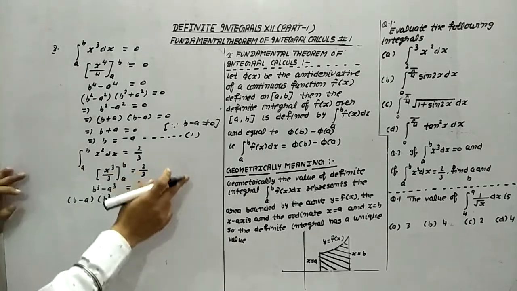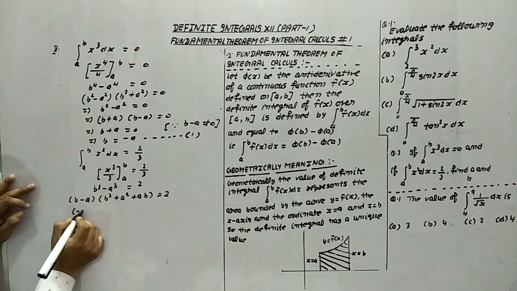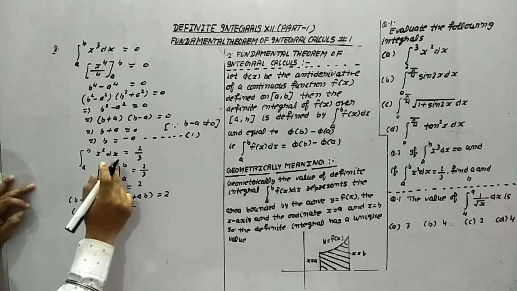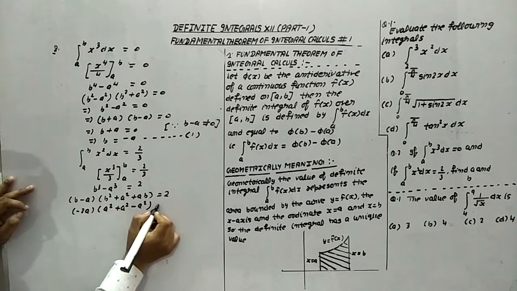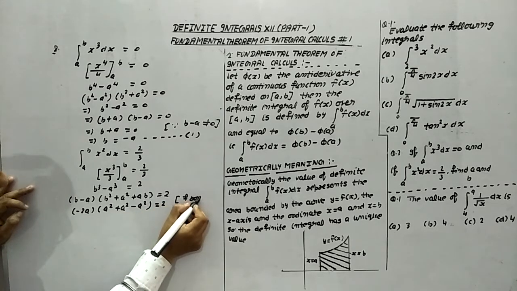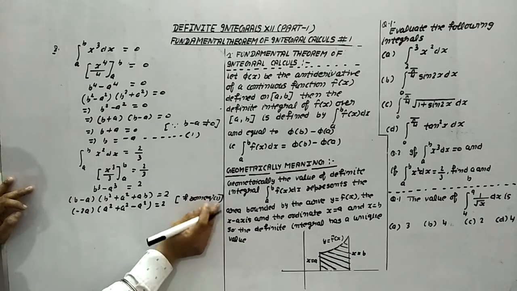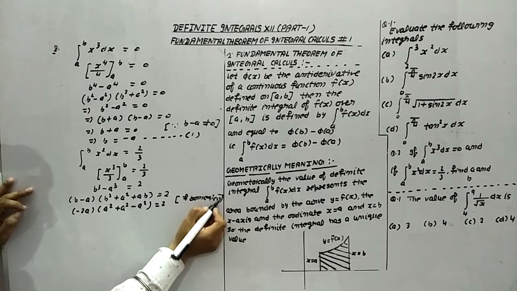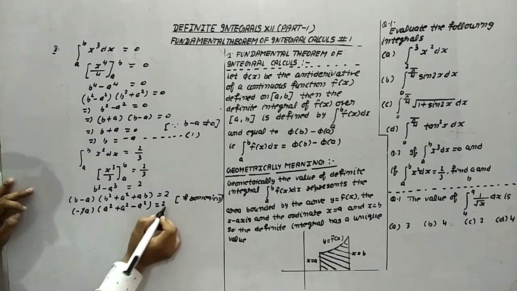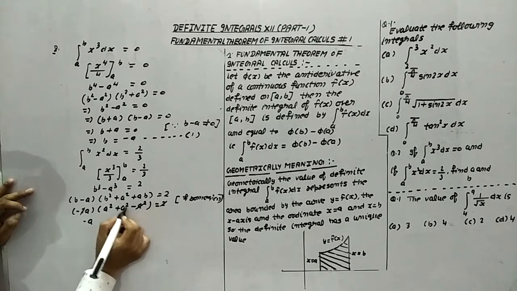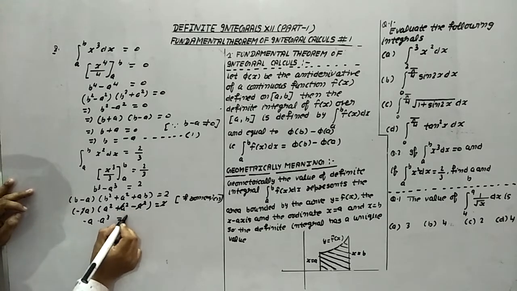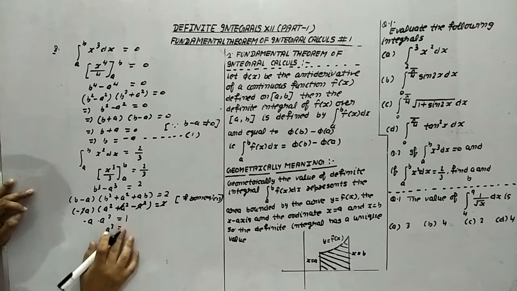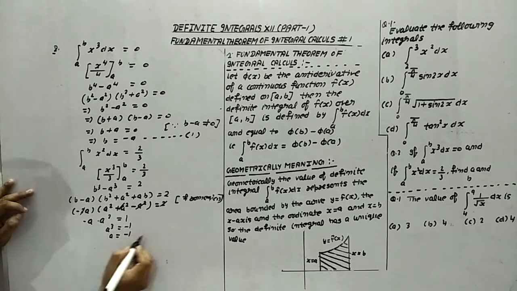From equation 1, put the values. What is the value of b? Minus a, so minus 2a. What does this become? a² plus a², and b is minus a, so this becomes minus a², is equal to 2, from equation 1. This is the value from equation 1. After then, what are we going to do? This is minus 2a, and the 2 cancels out. It means minus a, this part cancels out, a³ is equal to 1. Sorry, a² is equal to 1. It means a³ is equal to minus 1. It means a is equal to minus 1.